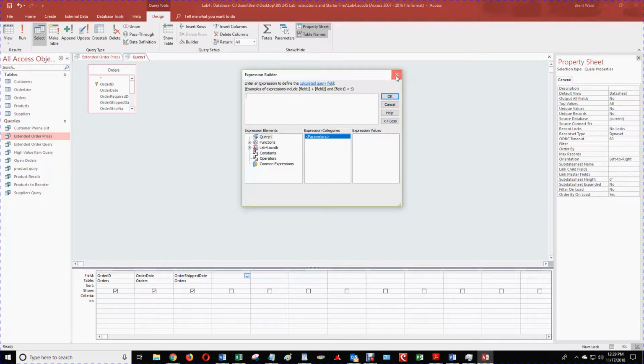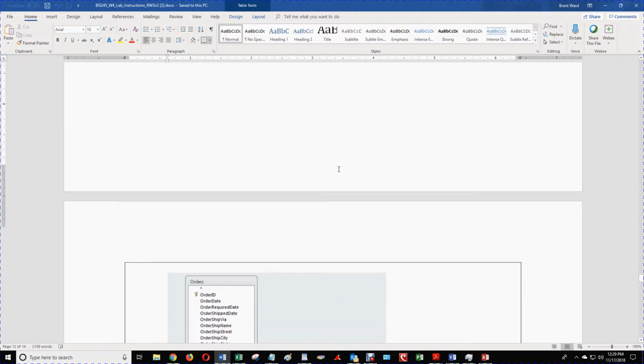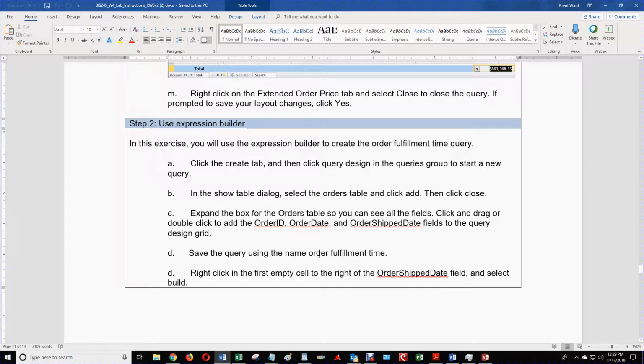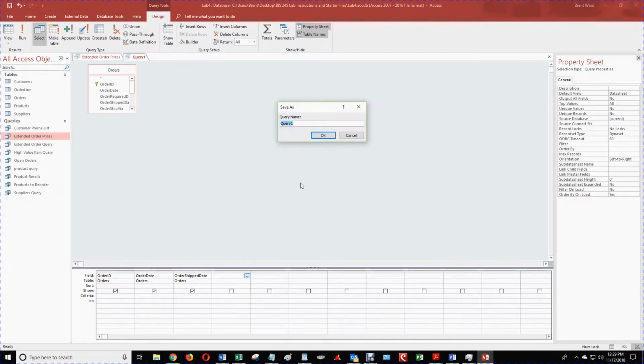In order for it to match the instructions, though, we should probably get out of that and save this query under the name they use in the instructions. And the name that they used was order fulfillment time. That's what we should have saved it as earlier on. I jumped the gun. So we go yes, order